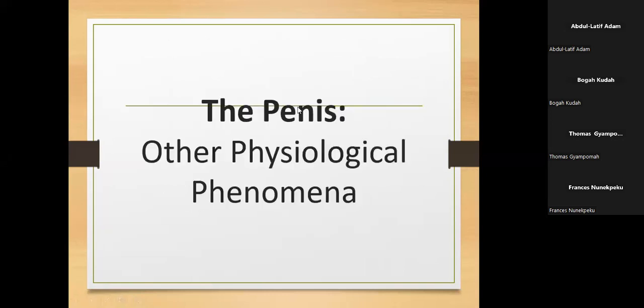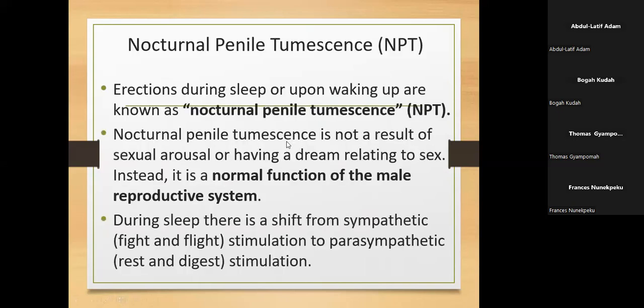So let's look at the penis, other physiological phenomena, other things which are also normal. The major physiological normal thing is the erection. And we've gone through all the things that will cause the penis to become erect, and under what circumstance, and everything that there is in there. All right. So what are other physiological things, other things that are also normal with the penis? Remember, we said that you also have time to look at the abnormalities. Today is simply on the normal things associated with the penis.